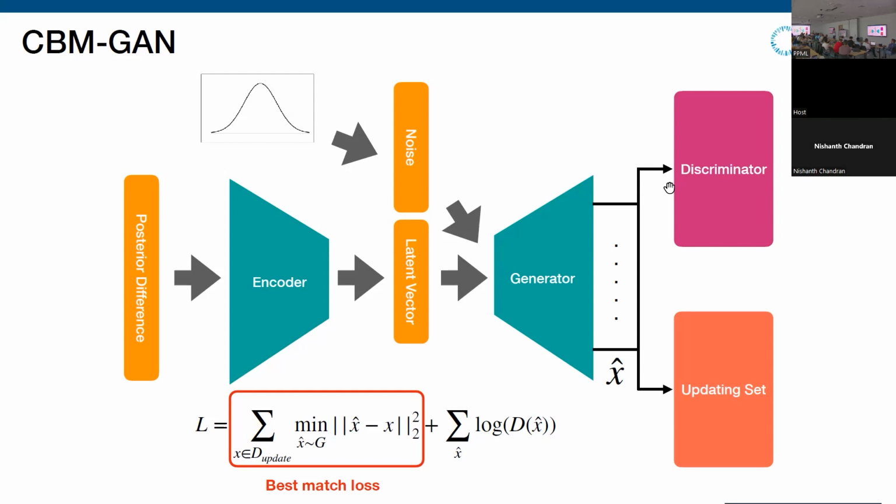Out of curiosity, what usually can happen is that the generator learns how to fool the discriminator rather than create real images. Did this happen to you with this setup? Yes, because this loss is also guaranteed. And also that GAN, because this is the generator loss. Generator loss has two parts. The second part makes sure that the discriminator cannot tell whether my image is real or fake. The first part is just to translate the posterior difference to a set of shadow updating set.